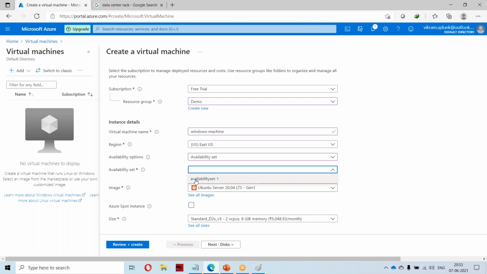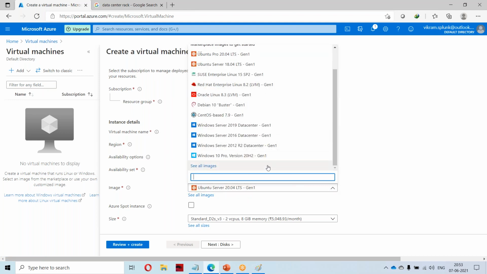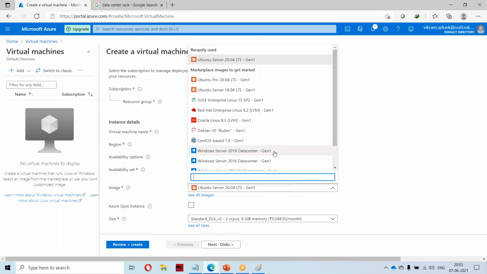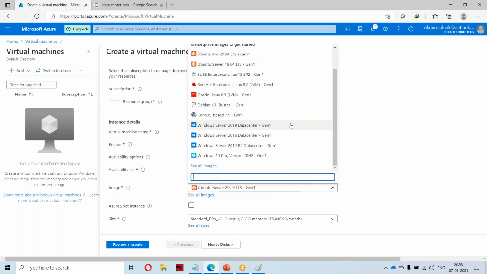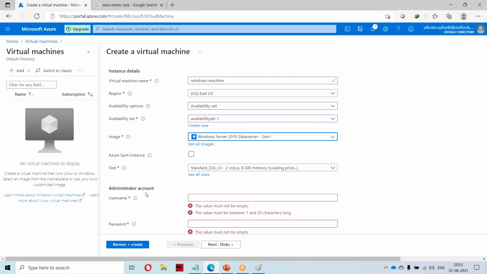Whatever I created previously, availability set 1, got populated here. Now I will be selecting some Windows server, okay, Windows server 10.